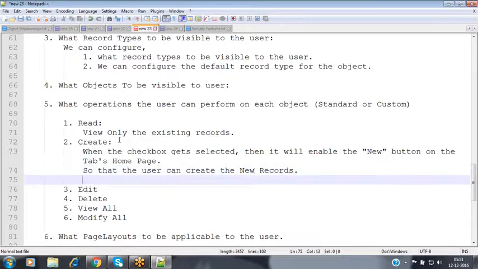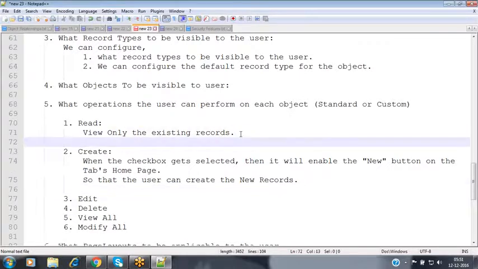Whenever you select the create checkbox at the profile level, it enables the New button on the tab's homepage. When you click on the associated tab, it provides all the records, and along with that, it provides the New button to create a new record. But that New button will not be available when you select only the read checkbox. When you select the create checkbox, it will be enabled here.